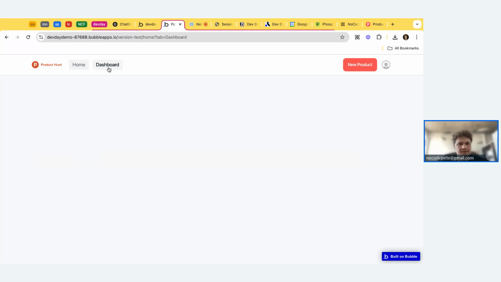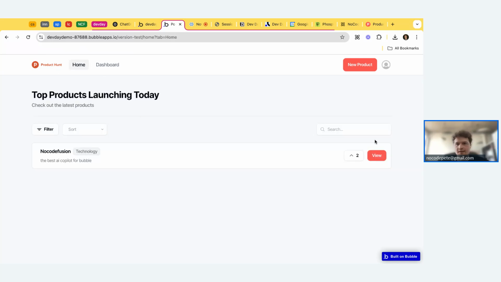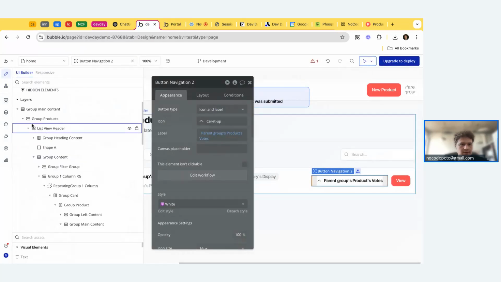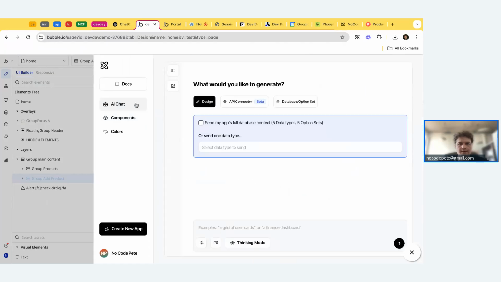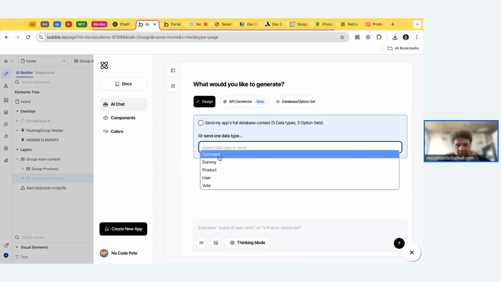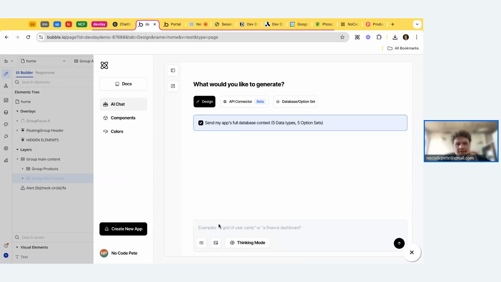And then I think the last thing I want to do for this demo is just set up a detail page. So now when they hit view, let's set up a detail page. So we'll pass through product again. And what we might do actually is also pass through our entire database, and we can say generate a product detail view with a commenting with all details about the product and